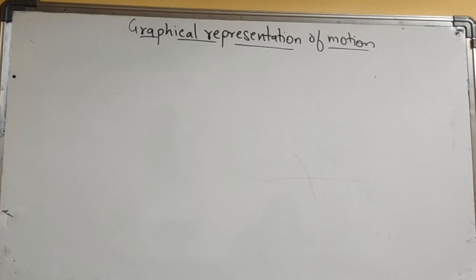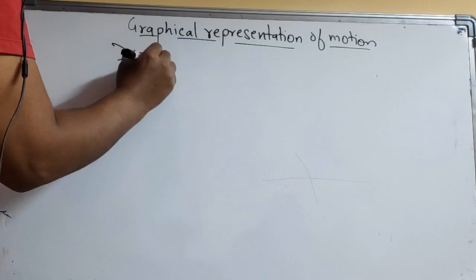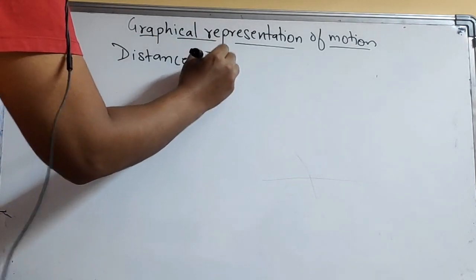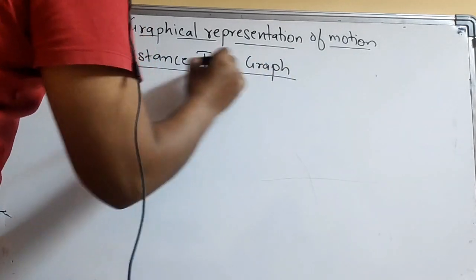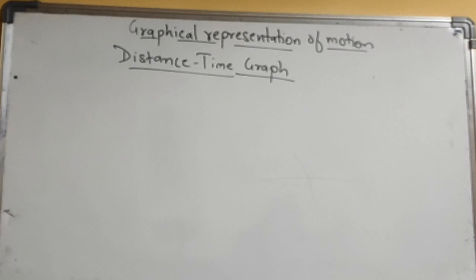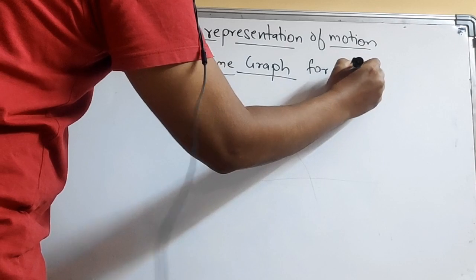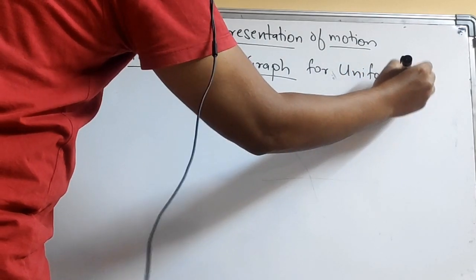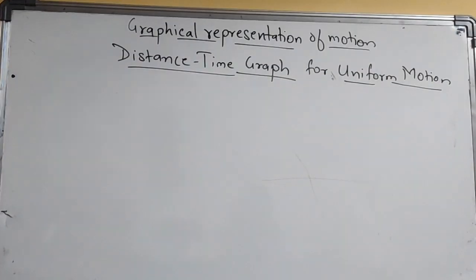So the first graph which we are going to look into is the distance time graph. The distance time graph for uniform motion. We all know what uniform motion is. Now, while drawing a graph,